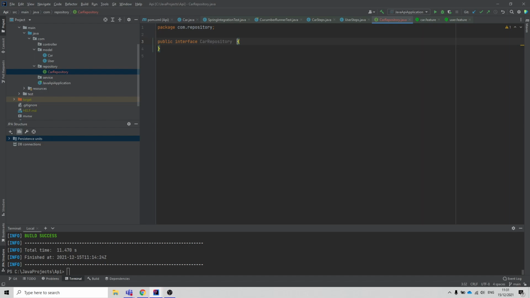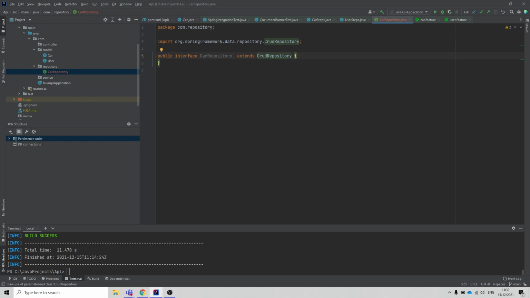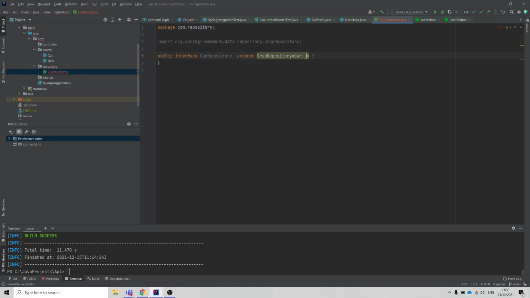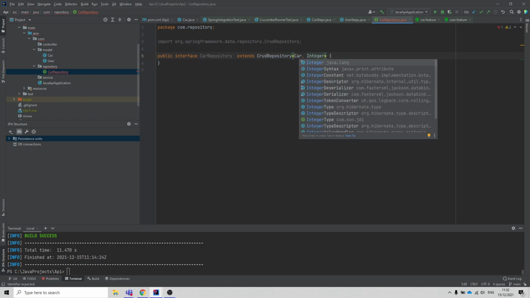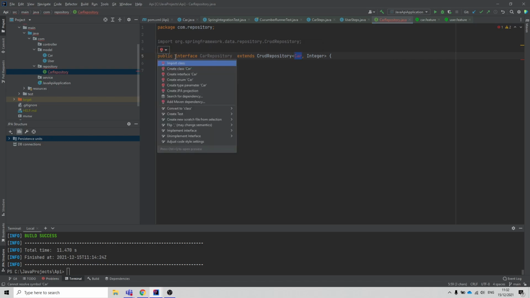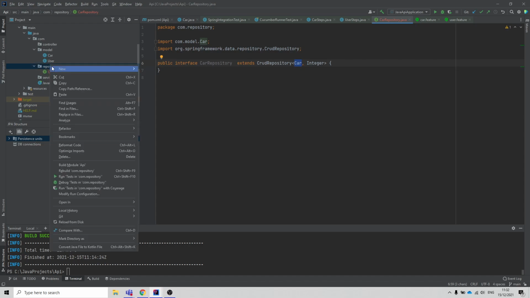And the car repository has to extend the CRUD repository to be able to perform CRUD operations. And CRUD repository, and here we will type just car and integer. Yeah, we have to import car class. That's it, and we have to do something similar for our user repository